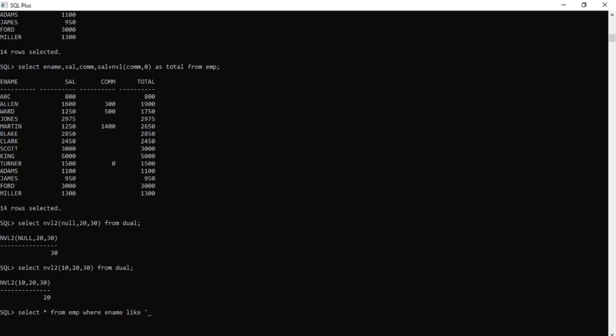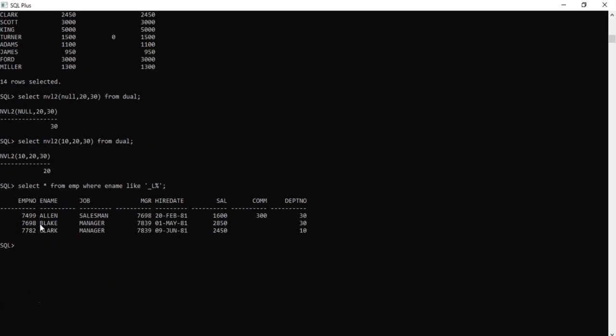So this will be the data. We will also have the concatenation operator. Concatenation means just adding. For example: select 'my employee name is', then use the 2 pipe symbols, and then ename from EMP.